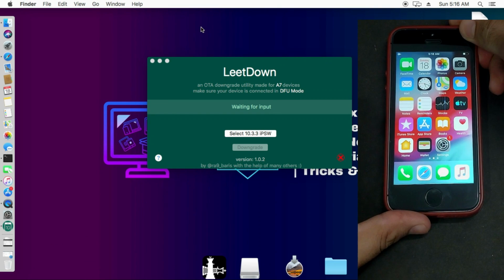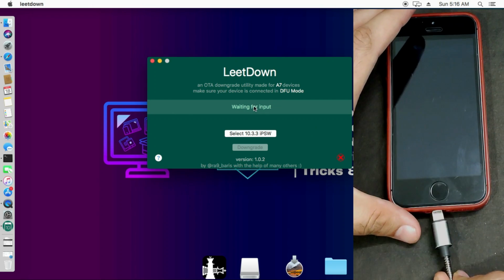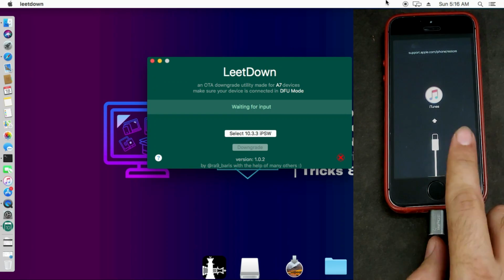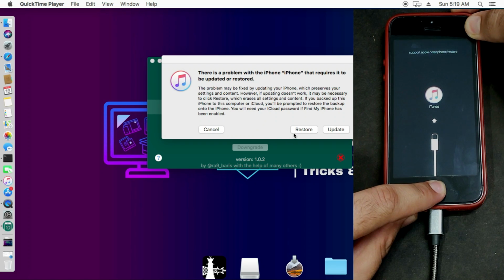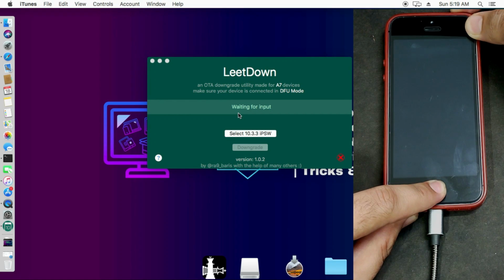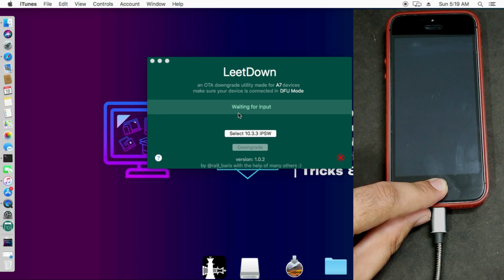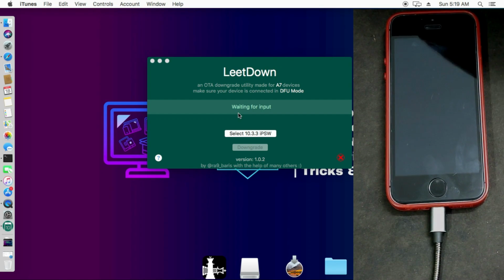Now you have to put your device into DFU mode. So for that, switch off your device completely. After that, just put your cable and press the home button. After that you will see the iTunes pop up on your Mac OS and your phone will be into recovery mode first. Now as you can see, my device is into recovery mode. After that, press the home button and the power button for the 10 seconds and then release the power button and keep pressing the home button for the 5 to 8 seconds, and it will put your device into DFU mode.